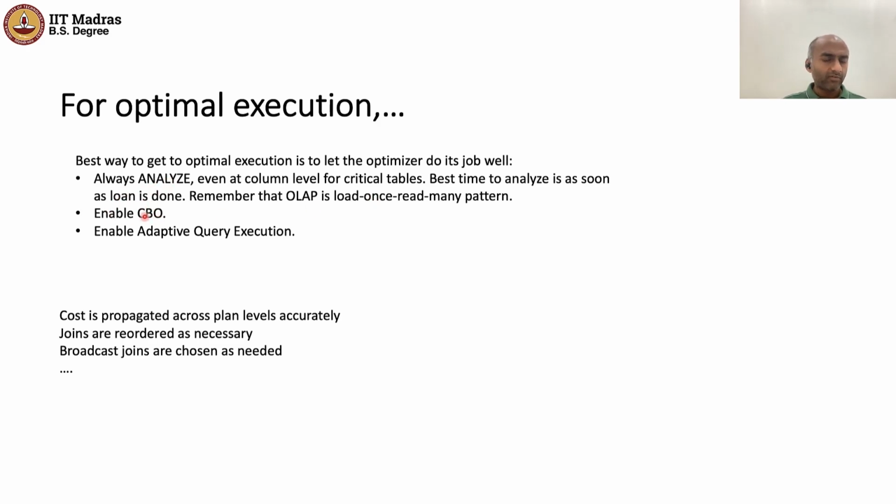Enable CBO, of course. Enable adaptive query execution. So we didn't talk about that earlier, so let's just spend a minute on this. So when you do a multi-join, multi-operation statement, the relational algebra tree can be quite long. There could be many branches, many nested levels. So in that kind of a setup, it's pretty hard for the planner to get right what should be the type of join that happens somewhere at the top of the tree,